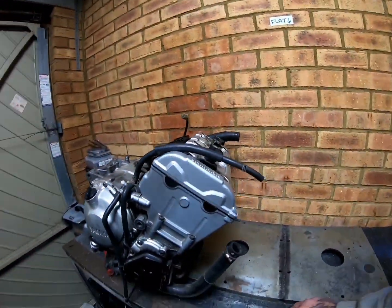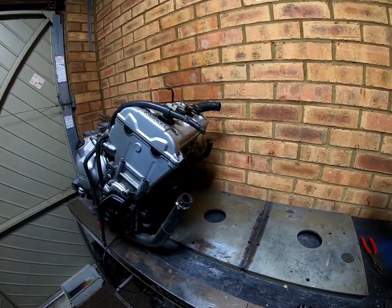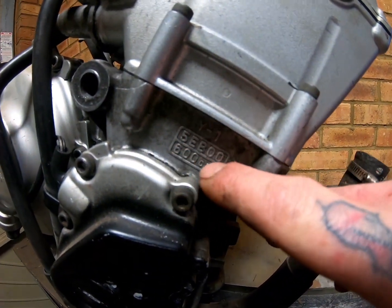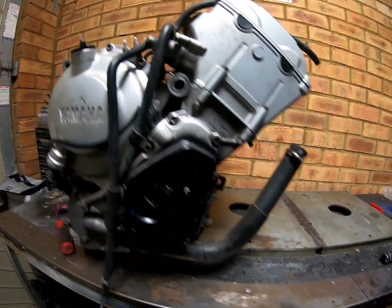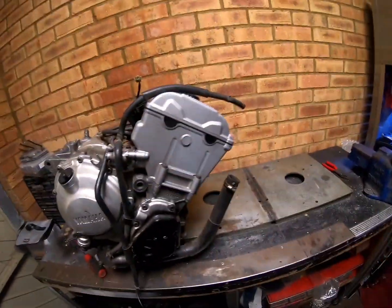Here we have the 599cc, 600cc engine from Yamaha for the R6 5EB. The markings are here, as you can see. It says 5EB. Now if it's an SL, it will say 5SL. In fact, I have an SL down here where you can see, oh, I can't bend the camera, there we go, 5SL, okay,